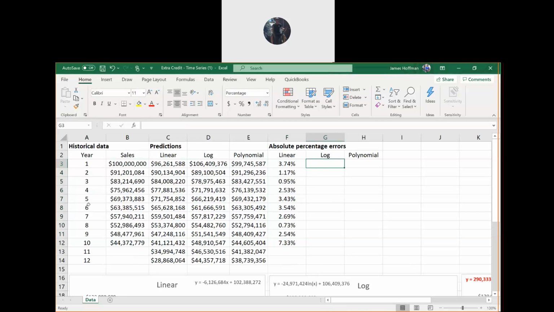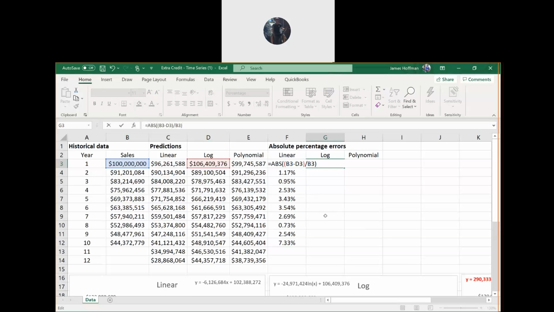Okay, and let's do the same APE calculation for the log. In G3, it's equals ABS B3 minus D3 divided by B3.